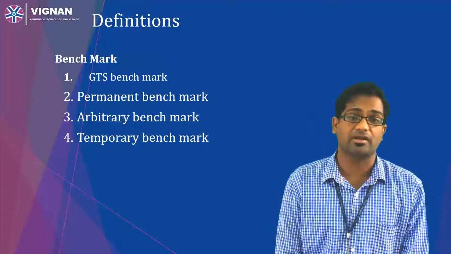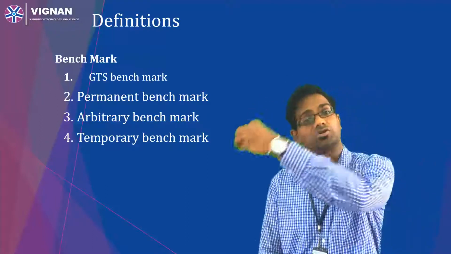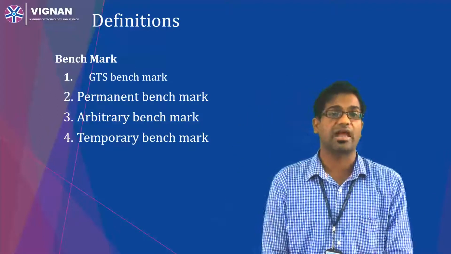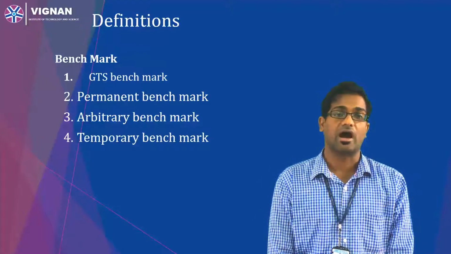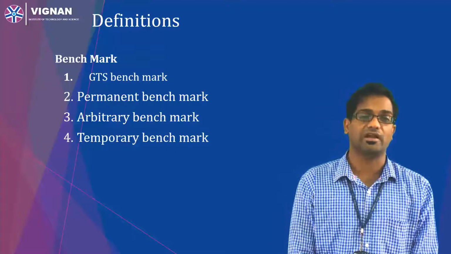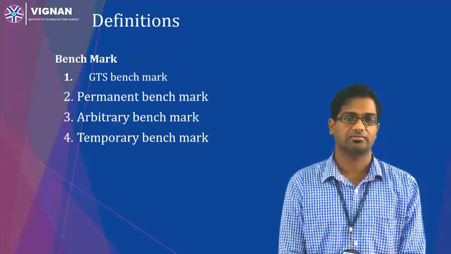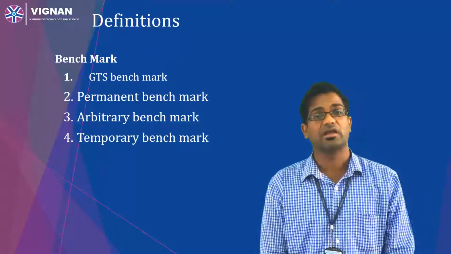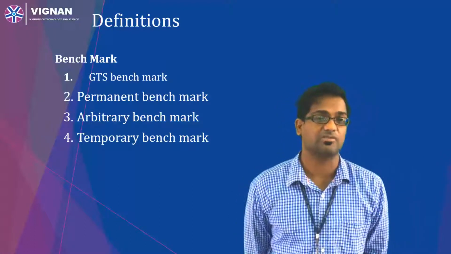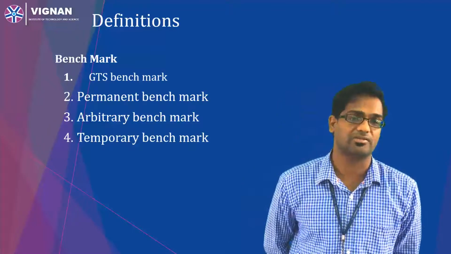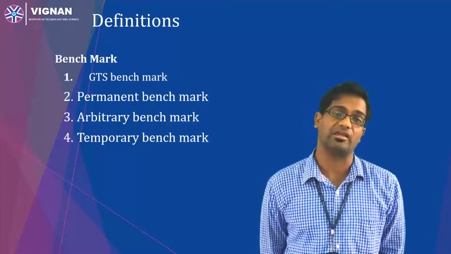The Public Works Department and R&D Department take this level to their own benchmark and keep their own survey point. An arbitrary benchmark is often used when the work is limited to a single day. For a temporary benchmark, when the leveling schedule runs for 2 or 3 months, a surveyor's value is assumed and leveling is carried out.